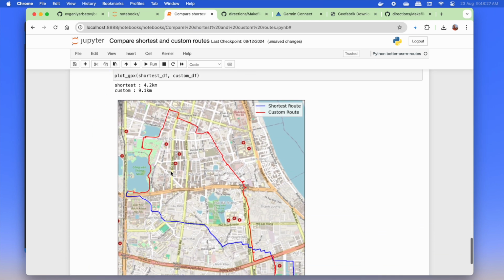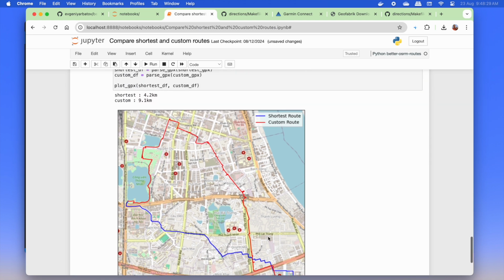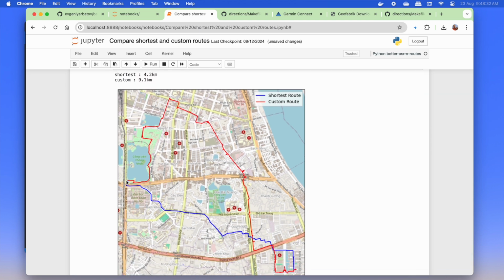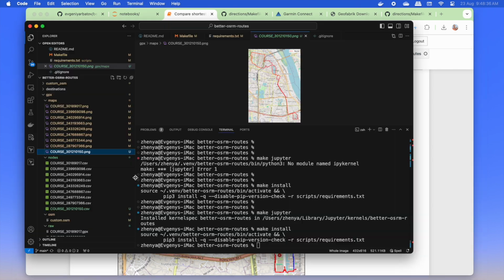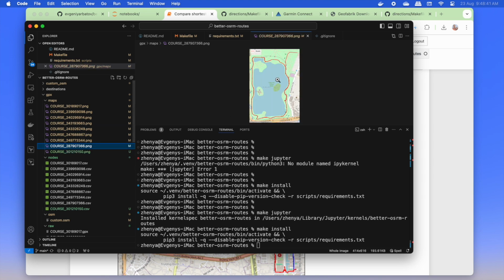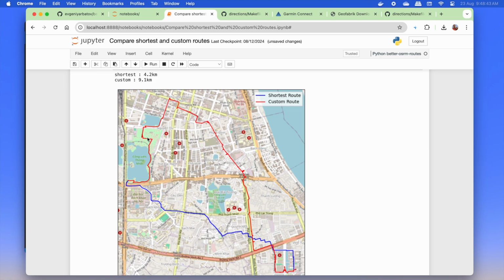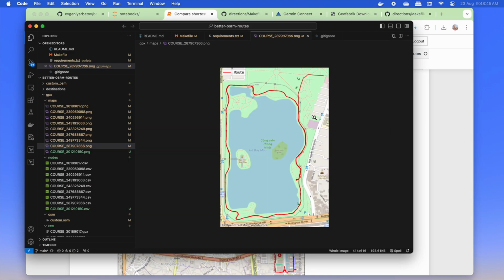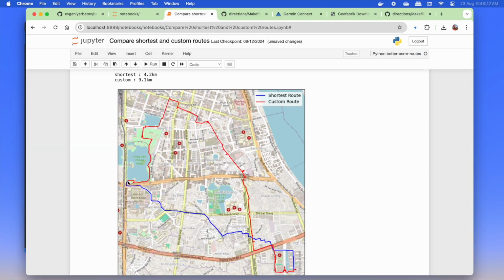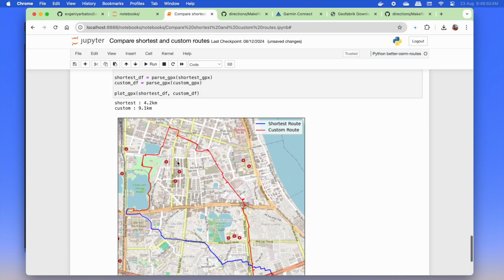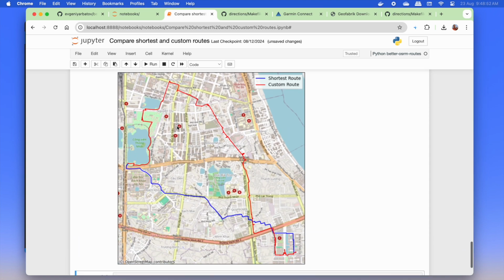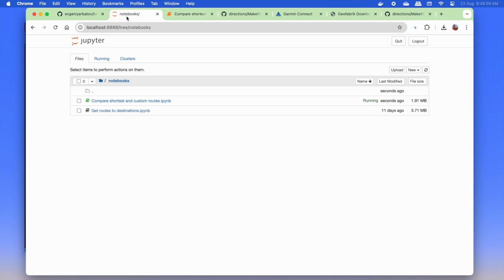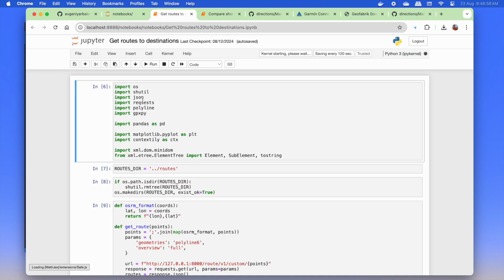And here we see that the shortest route is indeed the shortest route, but the longest route is somewhat better. It's using one of the courses we had here, I think. Yeah, one of the courses here. So it strongly prefers the course along the park, which results in a somewhat inefficient routing, but at the same time it takes account of the preferences that you had. So then we can just scale that,